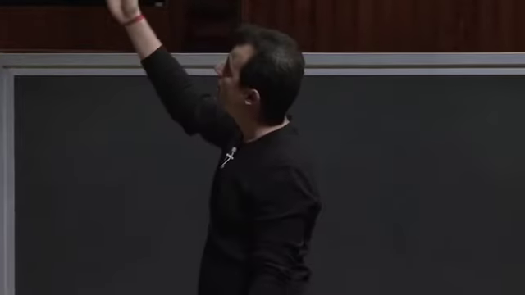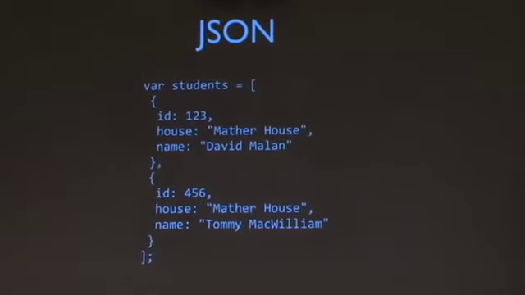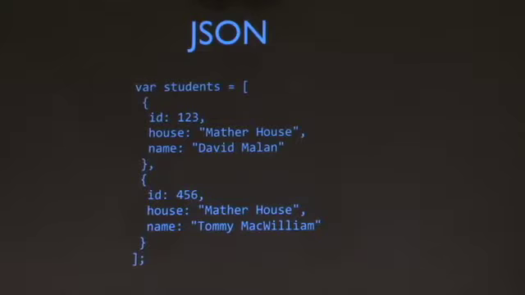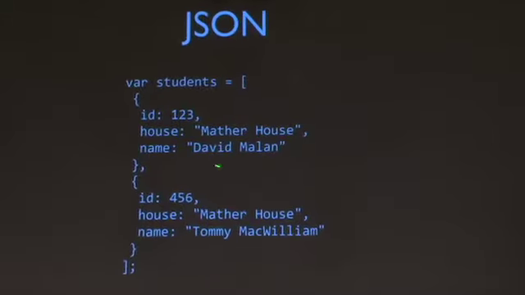For instance, this is just one student object. It's not all that interesting in a vacuum. But if you actually wanted to have an array of students, we might say var students equals, and then open square bracket, because recall that denotes here comes an array. At the bottom, we have another closed square bracket, so that's the end of the array. And then inside of it, we, again, as promised, have a comma-separated list of something. But in this case, the something is an actual object. So the curly brace means here comes an object. Here's a key value, key value, key value. And then the same thing here for Tommy.